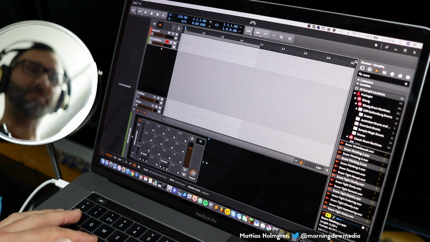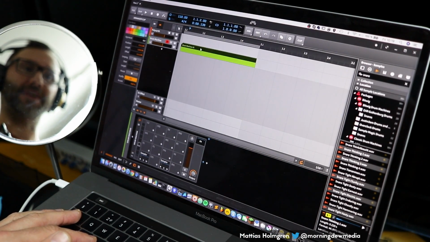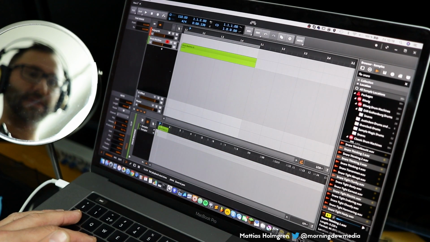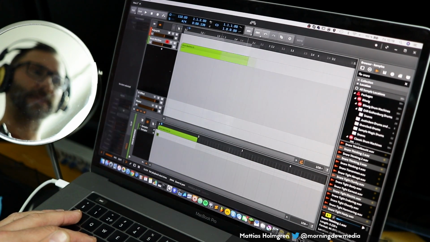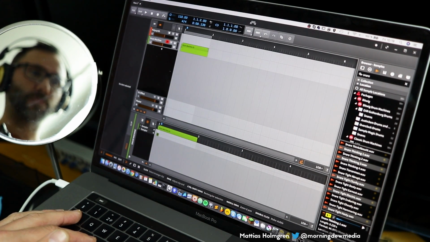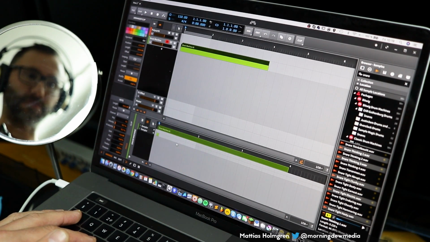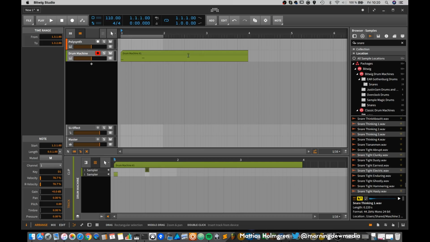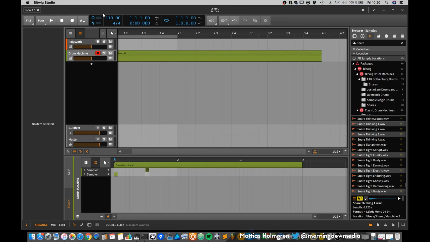And this is a pretty cool setup, because if we do a quick little drum programming here, expand this a little bit so we have something more to view. Maybe increase the BPM a little bit.